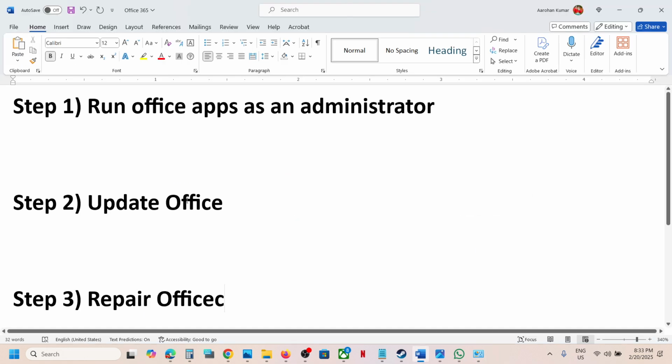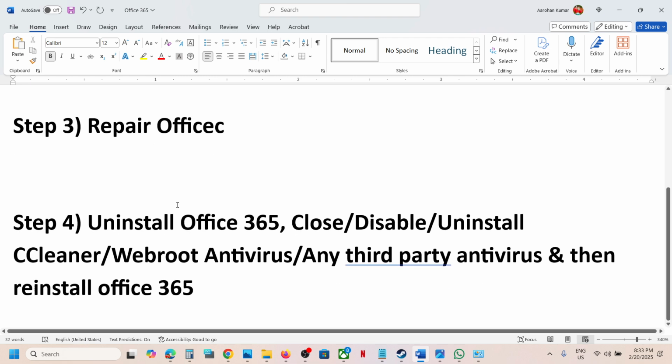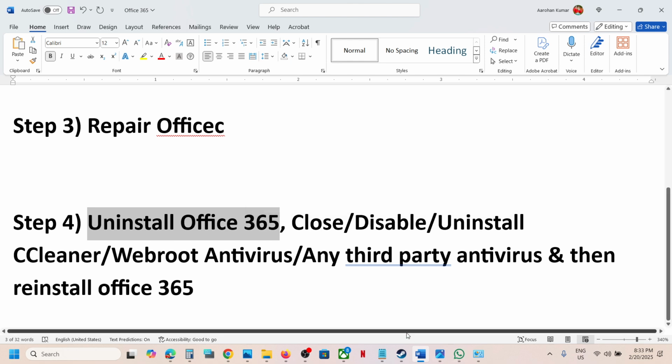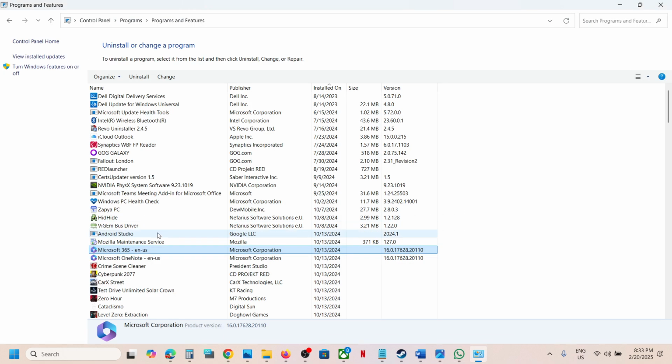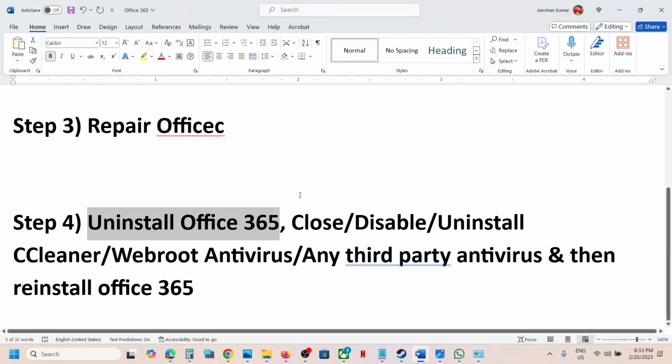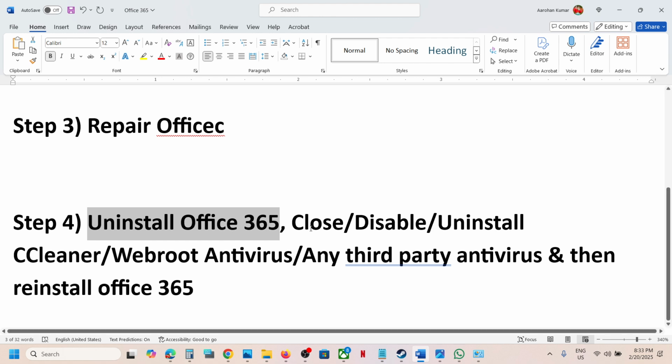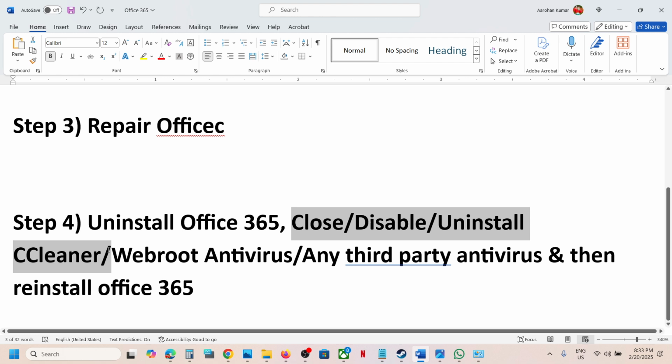Now still not working. The next step is to uninstall Office 365. So you can just go to control panel and then you can make a right click and then click on uninstall. But before you uninstall it, make sure that you have your email and password for your Office account, because you have to log into Microsoft website and then you have to install your Office once again. So uninstall Office 365 and then close, disable or uninstall CCleaner or WebRoot antivirus or any